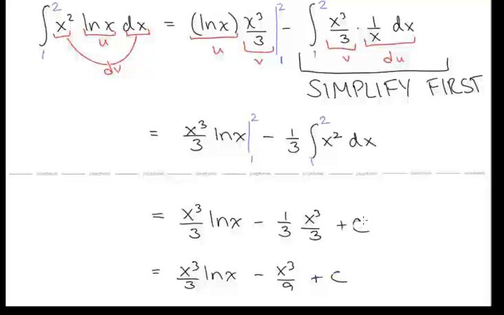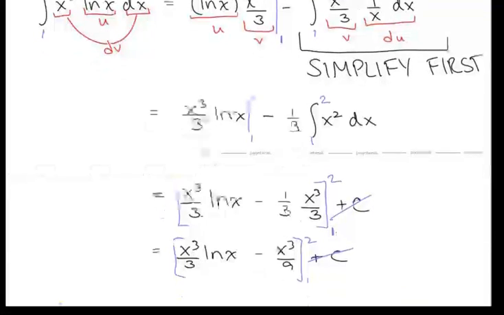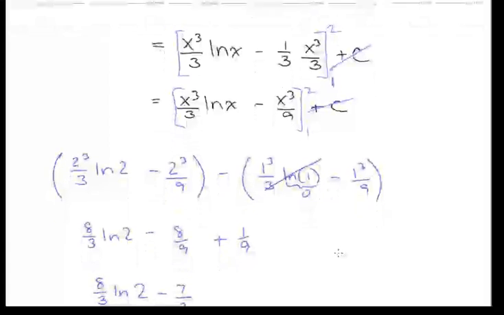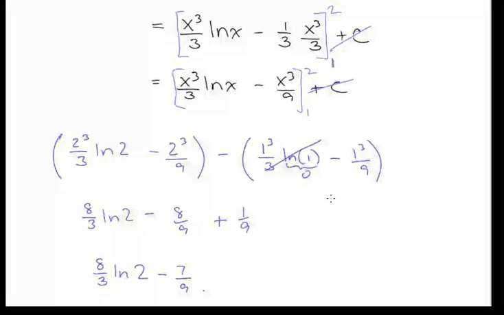We're no longer going to have a plus c, but you can then regroup this all together and put the bounds in at once. Regroup all together, get rid of this, put the bounds in at once. Then plug in your 2, plug in your 1, and subtract. Remember that ln of 1 is 0. This term goes away. We're just simplifying here. So now we're here. Let's take a look at another